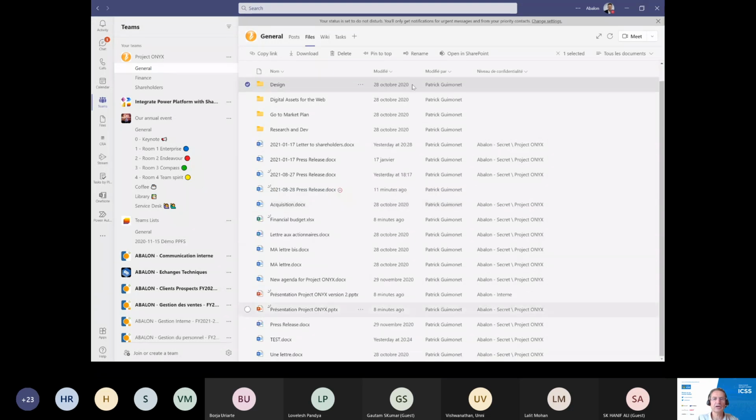information. And here we are back to our Teams, and the auto labeling option has worked correctly, because as we can see,